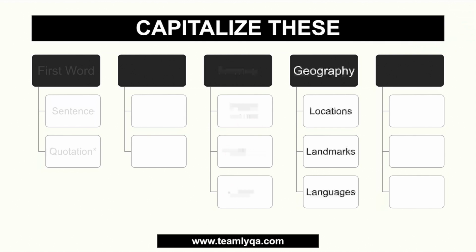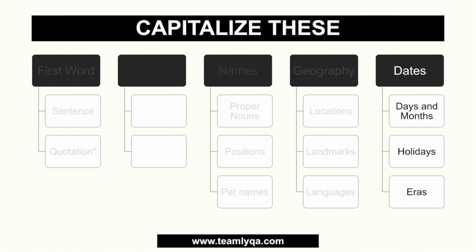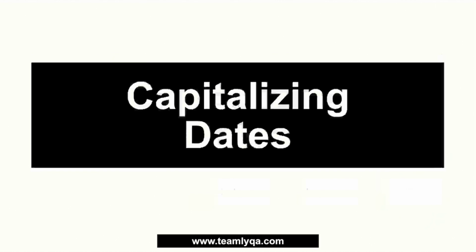Right? You talked about in geography. Last time, we talked about locations, landmarks, languages. All of these things, dapat nakakapitalize yan. Pero yung locations, when it comes to types, like city, town, and stuff, that will only work in certain exceptions. So, I talked about that last time. Ngayon, it's all about capitalization ng dates. So, we're going to talk about days and months, holidays, eras, alin dito yung kailangan nakakapitalize. Okay? Now, when it comes to capitalizing dates, there are certain things that you have to remember.